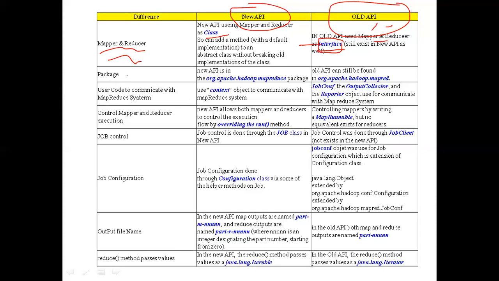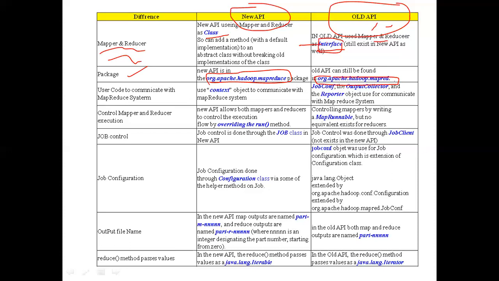The next important difference is the package. The new API is in the package org.apache.hadoop.mapreduce. See the full name of the package. The org.apache.hadoop.mapreduce package is the package used for MapReduce. When we come to the old API, the package used is org.apache.hadoop.mapred.